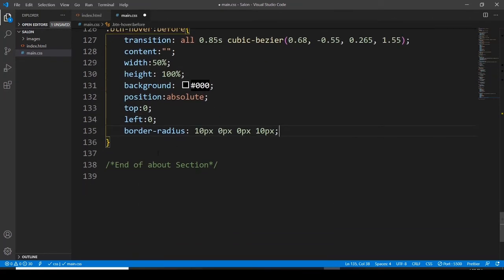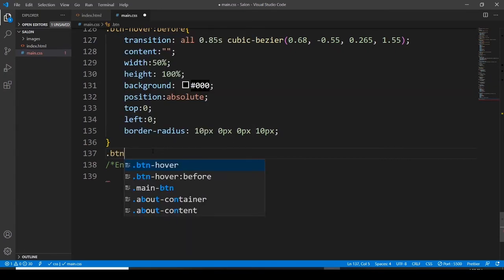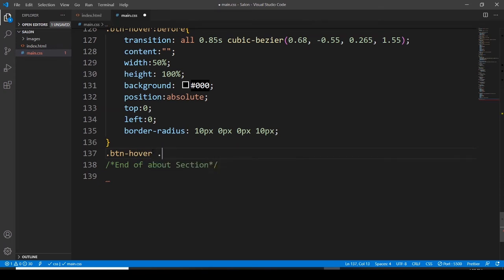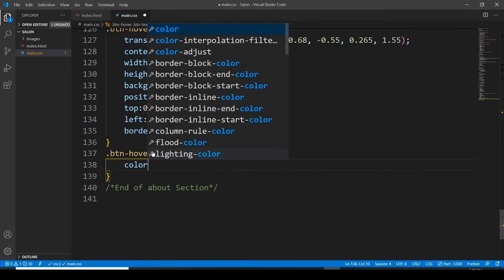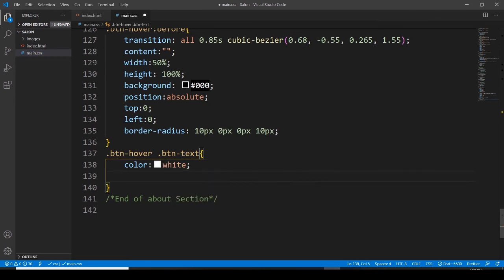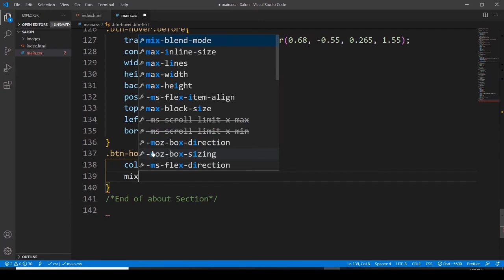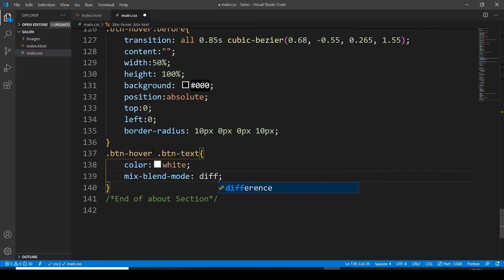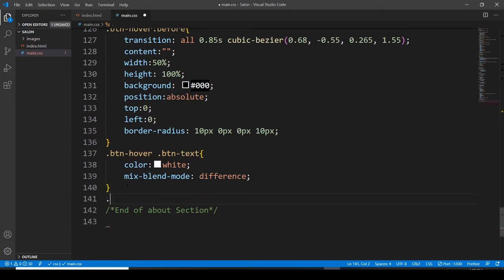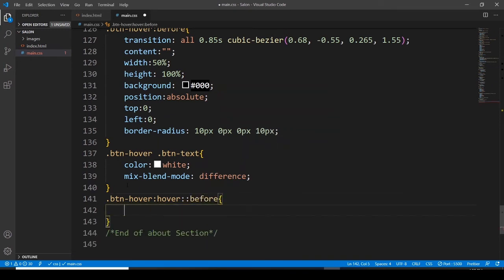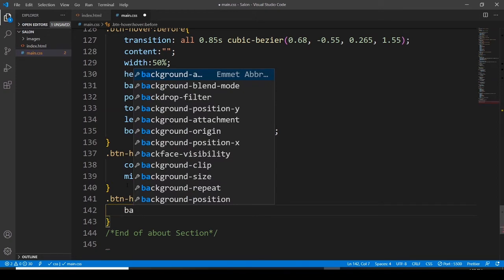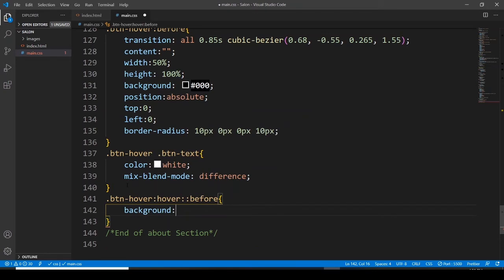Now the next thing is the btn hover class, and the btn text class. The color of the text is going to be white, and I want to use the mix blend mode, and it is going to be difference. Then I want to use the btn hover class with the before pseudo element, where the background is going to be black,